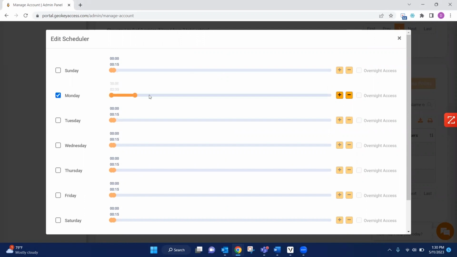And let's say, hey, I want this to remain unlocked from 8 a.m. to noon. So I'm simply clicking and dragging and dropping. So it shows the door will be automatically unlocked from 8 a.m. to noon. But let's say, hey, when we resume lunch from 1 o'clock, we want it to be from 1